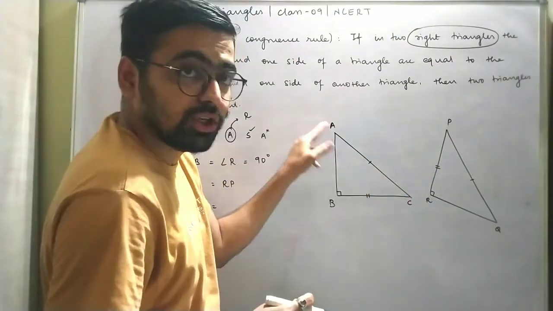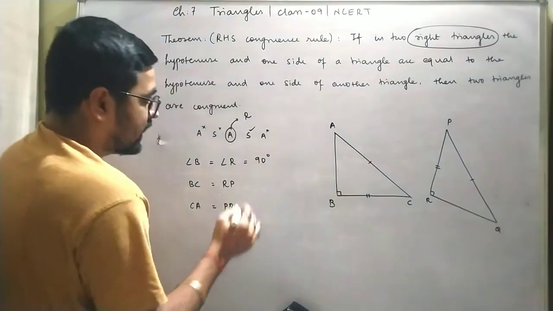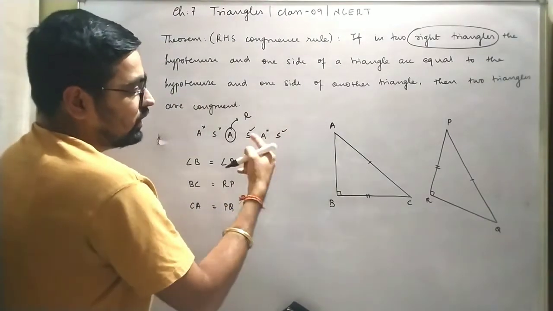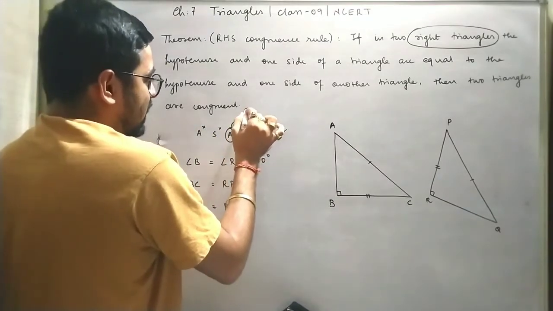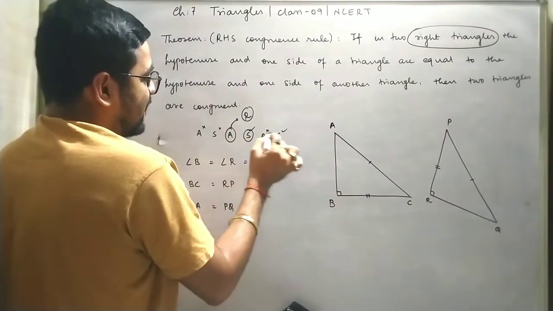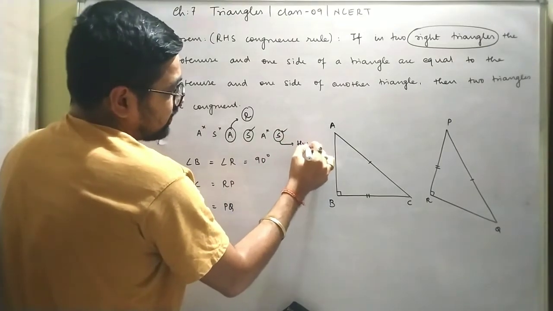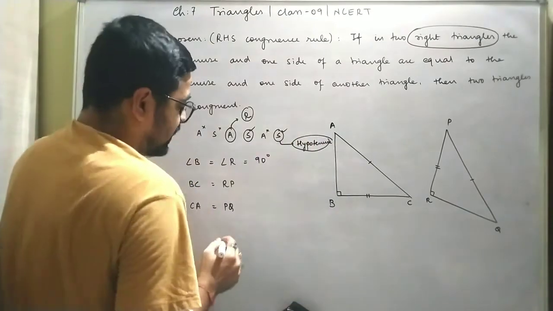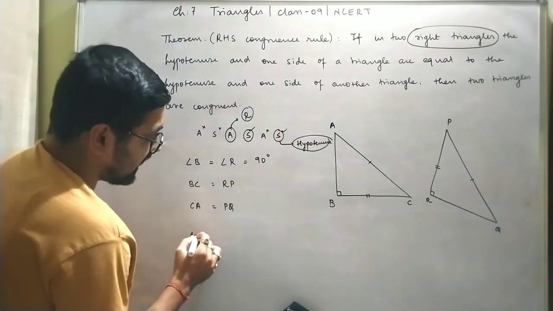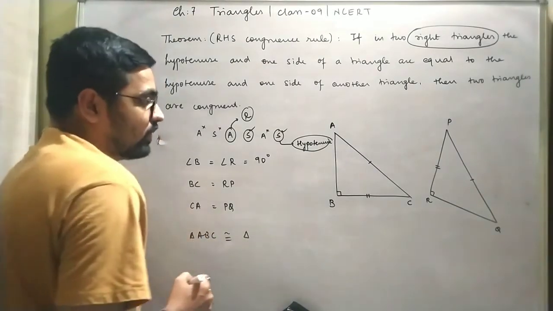Then we went from C to A. So here we will go from P to Q. Correct. So this side we know. Do we know angle A? No. What was the starting point? So which three things do we know? One is the right angle, one side, and this other side. But when you look at this side, this side is the hypotenuse. So that is why we can say triangle ABC is congruent to...